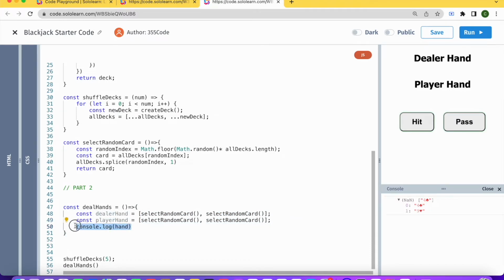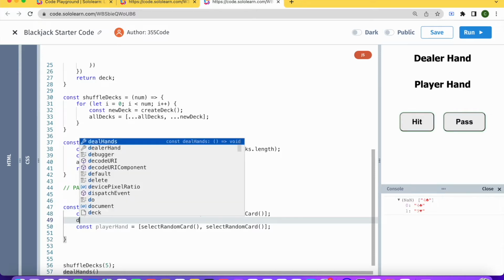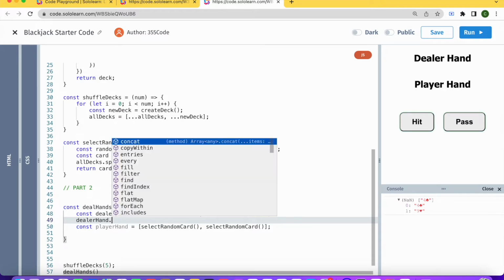Okay, and now what we need to do is display these cards here under dealer hand and player hand. In order to do that, we're going to be using our card model, as I said, and what we can do basically is say, for example, dealer hand dot forEach